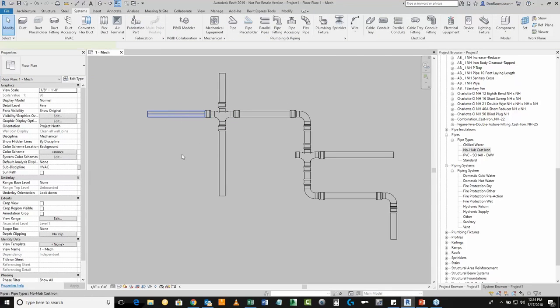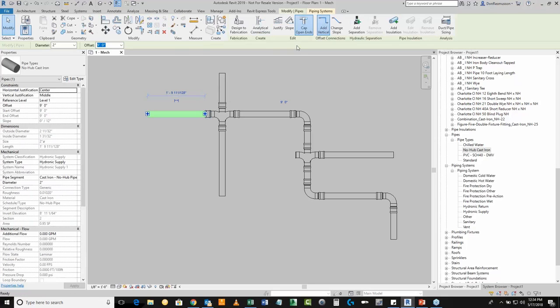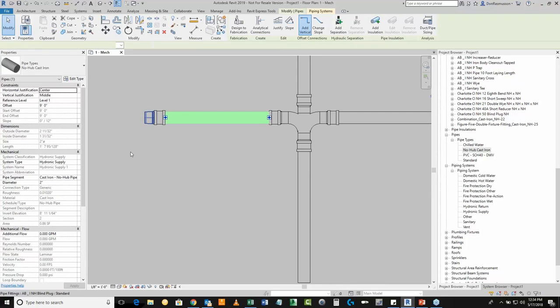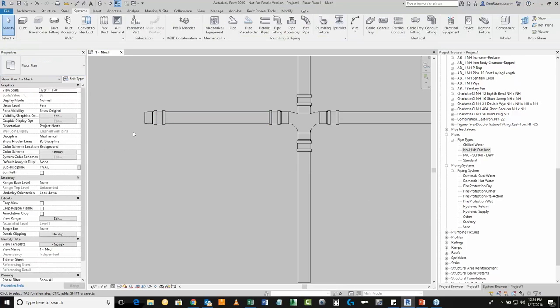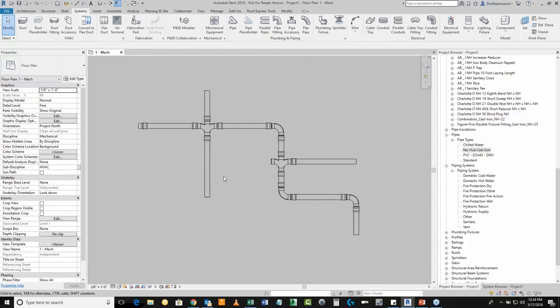Now to test the cap, I would simply click on the pipe and do a cap open ends. Is it placing the right cap? It's placing the right cap. Everything seems to be working out with this configuration, at least at this size. So now that we've looked at setting up that routing preference,